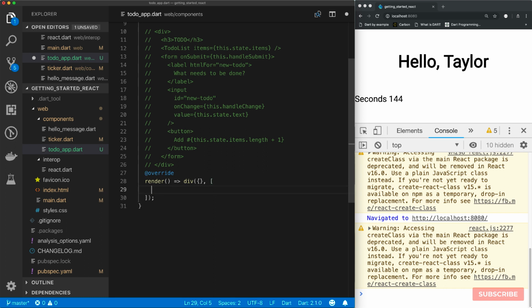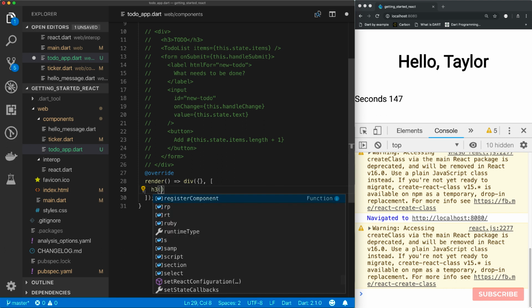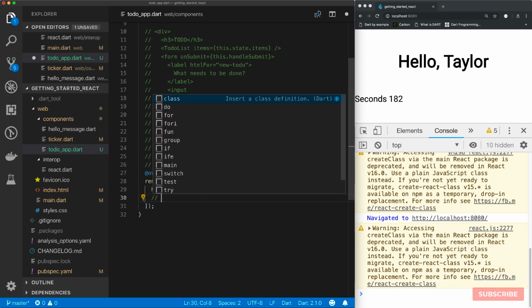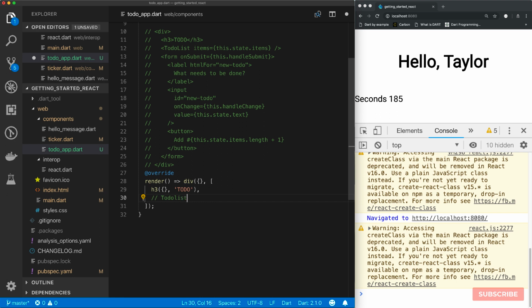So the first item in here is a heading 3 element that takes no properties, and then it basically just takes to do as a string. So if it's just a string value, we can pass in a string. Of course, if it's other elements, we can pass in an array. Okay, so let me proceed to the next one, a to-do list component. We've not created that yet, so for now I'll just do to-do list. We'll define that later on, followed by a form